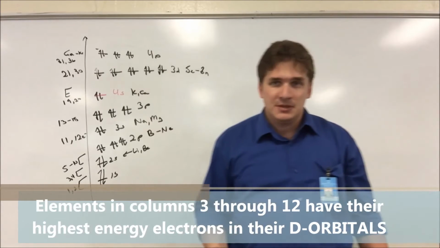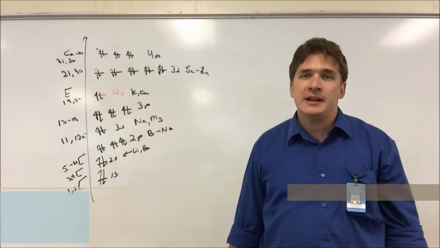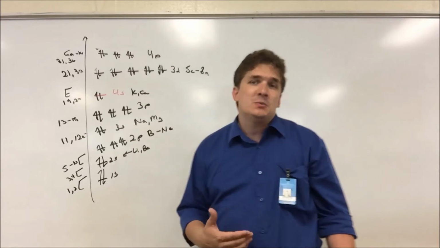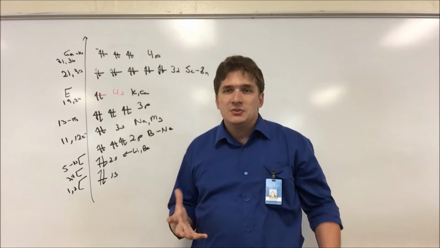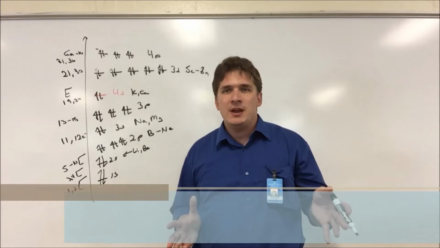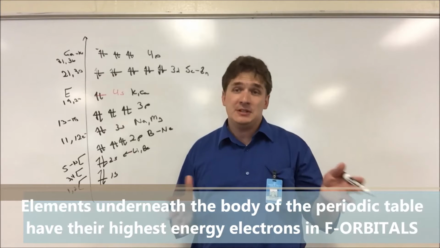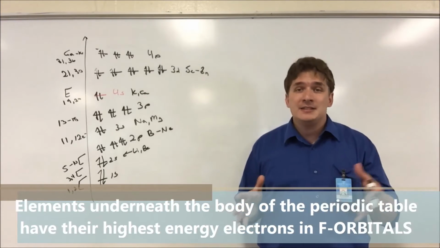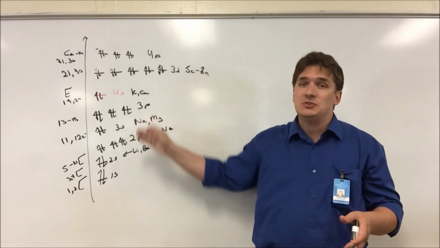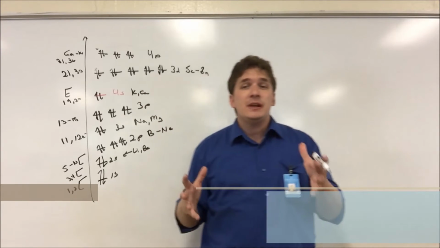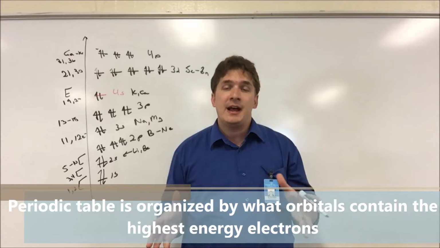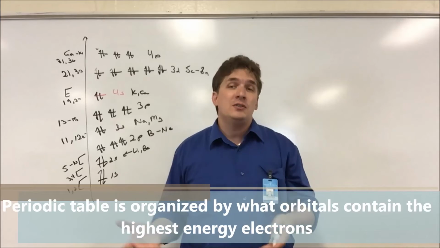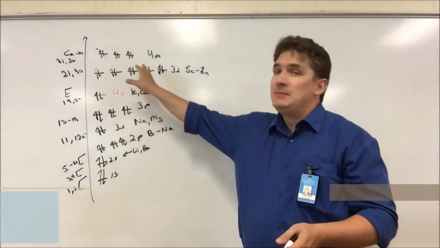What about the f orbitals? Well, if we could continue drawing on this diagram, what we find out is that when we get to element 58, cerium, that's when we start filling up the f orbitals. So the periodic table is arranged in such a way that we're representing it a lot of different ways, but one of the major ways is by where the highest energy electrons are located, specifically the symmetry of those orbitals. And this is going to play a huge role when we start trying to figure out how electrons are transferred between elements,